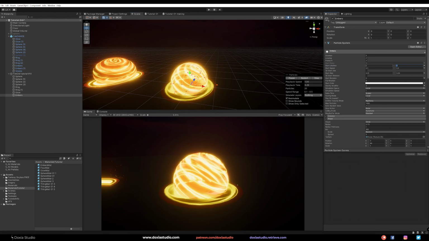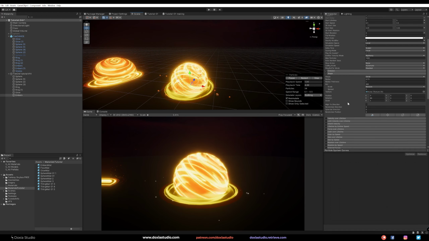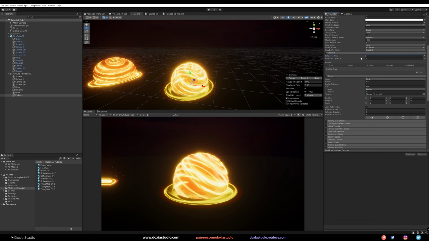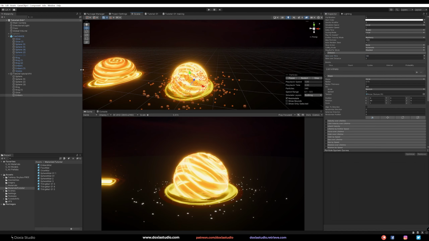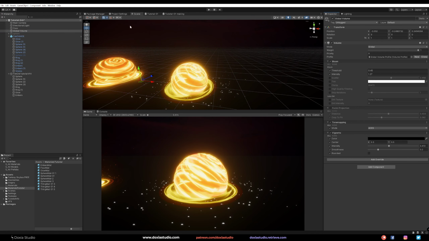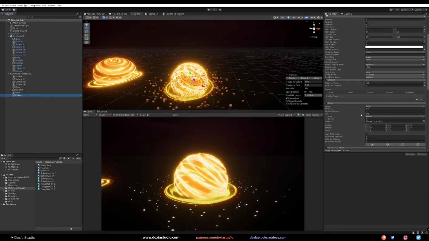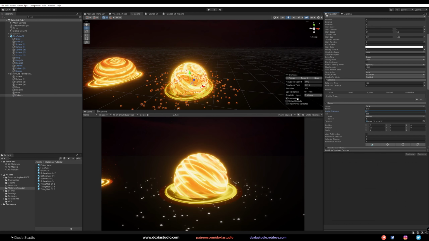Maybe these could be the outer ones. Okay, that's pretty cool. So we are going to touch on the colors in a bit. So right now we have the shape, we have the emission. We can control here how many we want. Pretty cool. And let me just turn off the panini because it's pushing the edges. I don't know if you noticed that. Okay. And radius thickness, I think we can control.